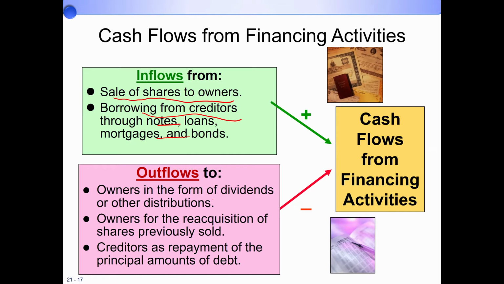Here you pay the dividends, because you issued shares to the owners. When you make profit, you give some part of the profit back to the owner. We call it dividends, so this is also equity financing. You also have cash outflow when you purchase shares previously sold, the treasury stock, or retired shares. That's related to our owners, so this is equity financing.